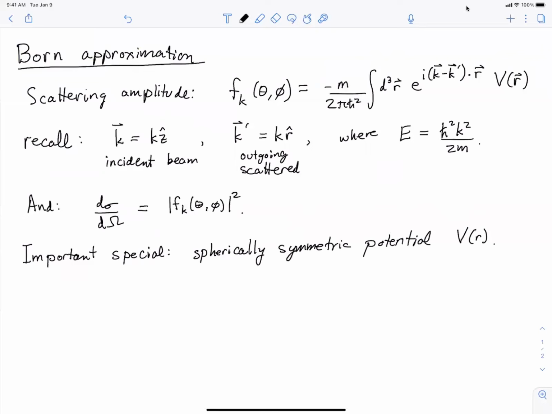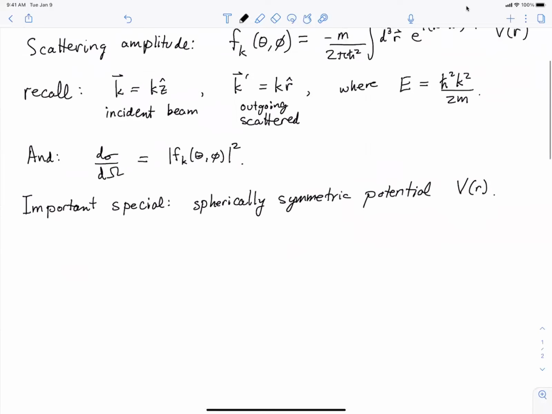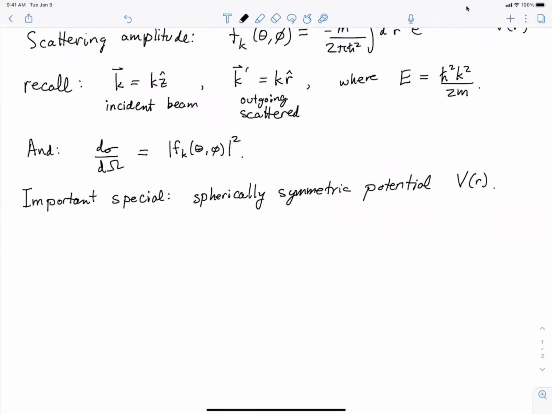And so in that case, the symmetry is azimuthal symmetry. In other words, if your beam is going in the z hat direction, you can rotate around the z hat direction and everything looks the same. And therefore, our scattering amplitude, which could have been a function of theta and phi,